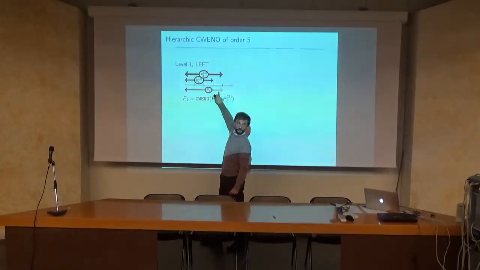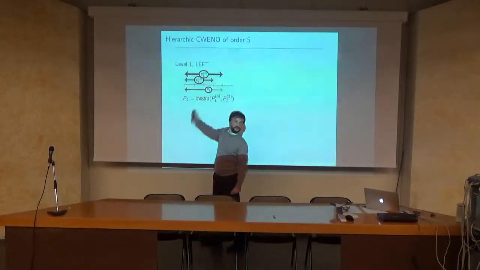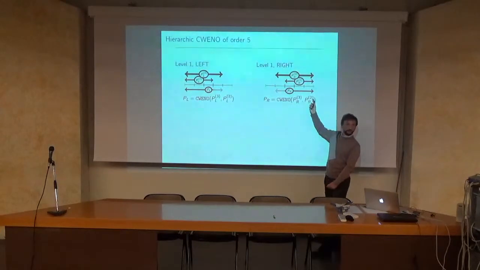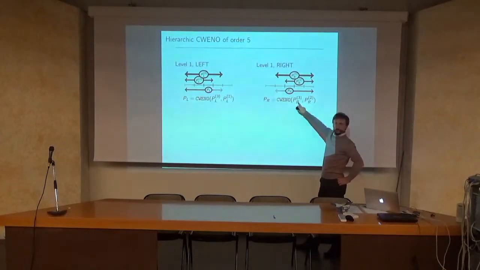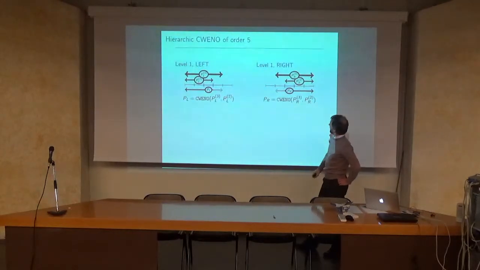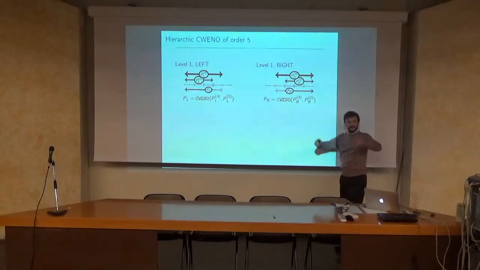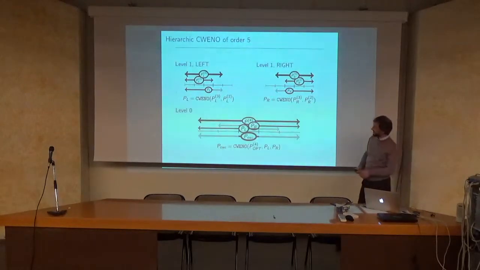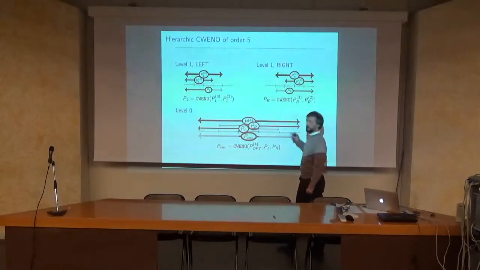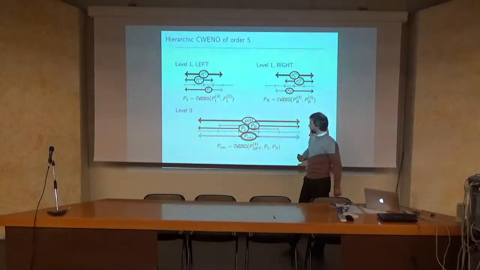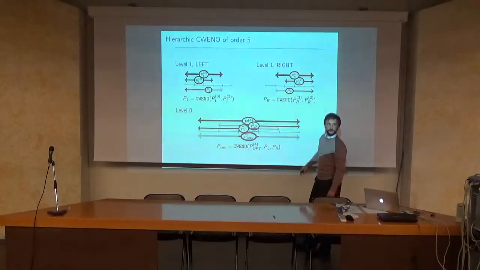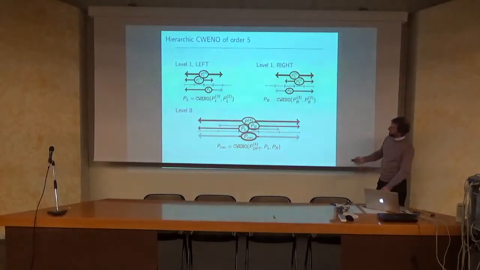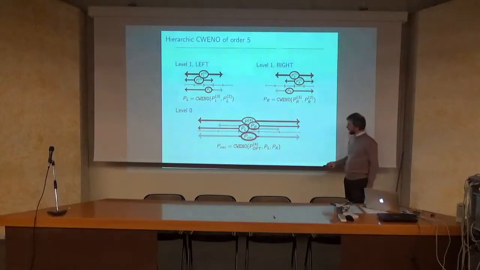This defines a polynomial which I call P left, which is interpolating either 3 or 4, that's why part of this arrow is in gray, data in this stencil. The same trick is applied here. From these 4 data, with the cubic as an optimal polynomial and the parabola as a fallback, lower degree polynomial in case of oscillations, we define a polynomial P right. Then there's the second and final stage, in which these P left and P right polynomials are the lower order candidates compared with the optimal quartic. So in this way, it's a 2-stage reconstruction,